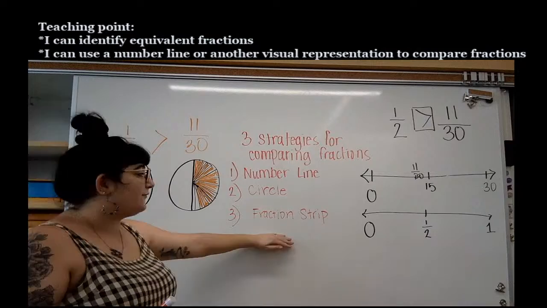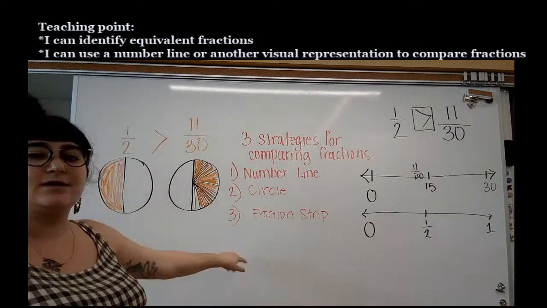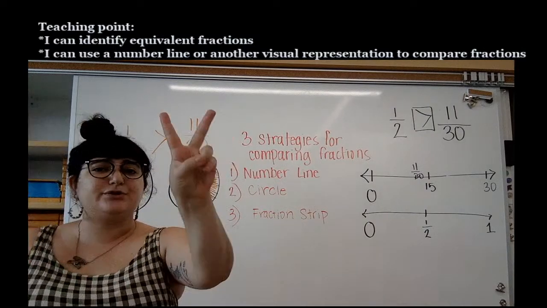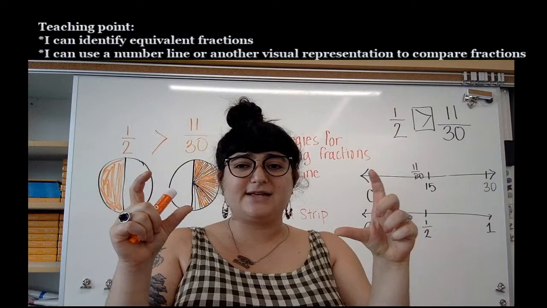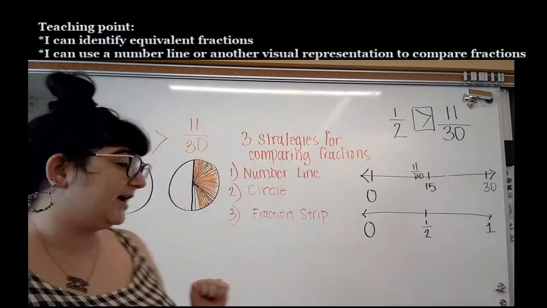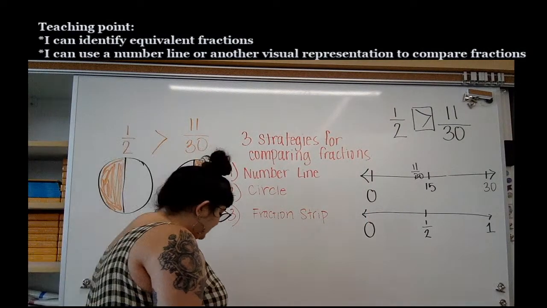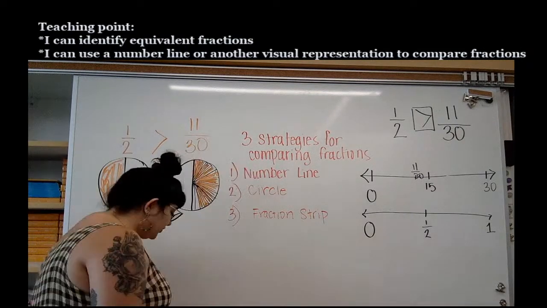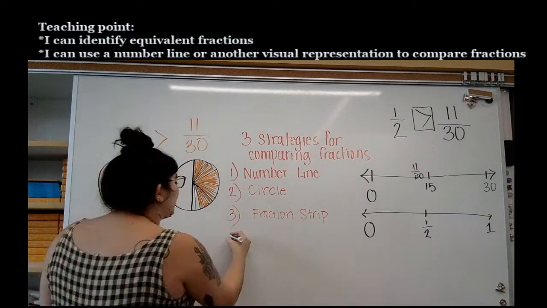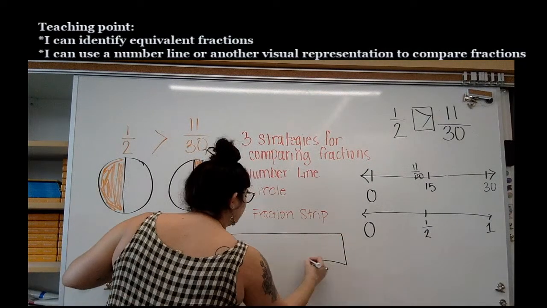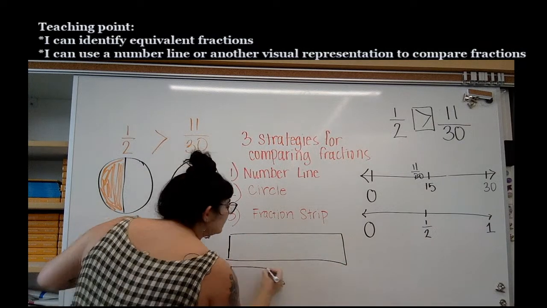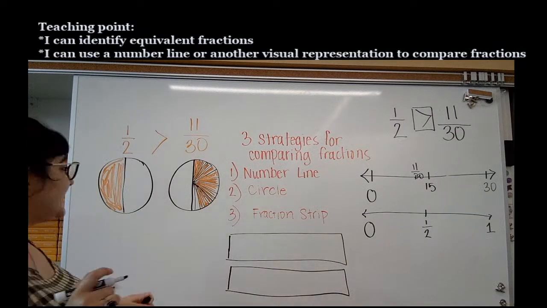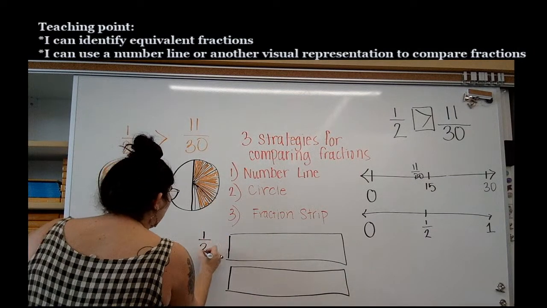Now, if I was going to draw a fraction strip, okay, so here we have 2 number lines, 2 circles, right? If we're comparing 2 fractions, we need 2 different ways of representing these numbers, right? So a fraction strip reminds me a lot of circles, but obviously it's a strip. So we need not 1, but 2 strips. Okay. Now, the first one, once again, if I'm looking at 1/2 compared with 11/30,